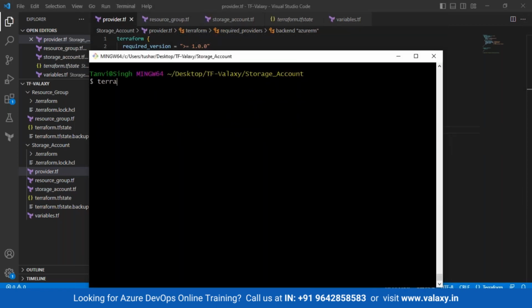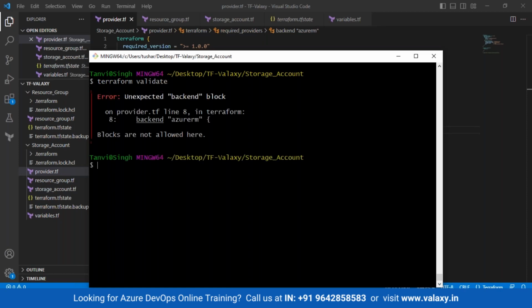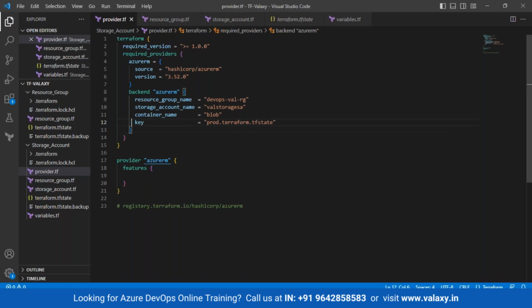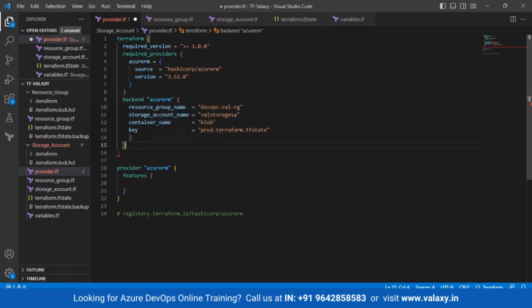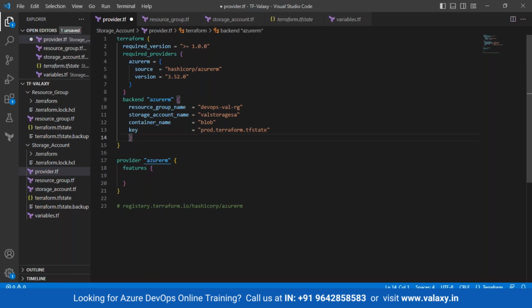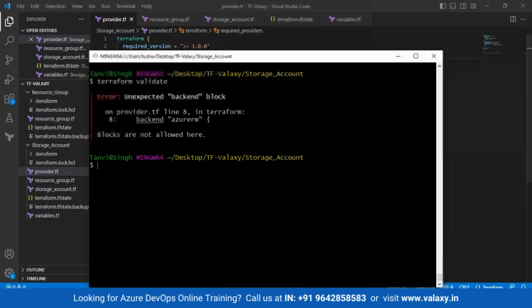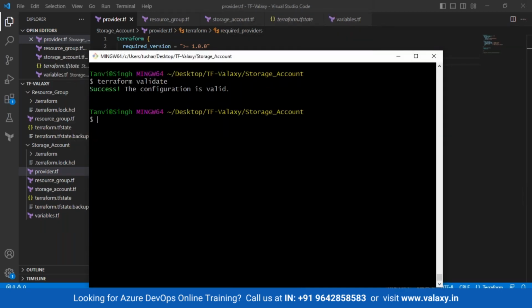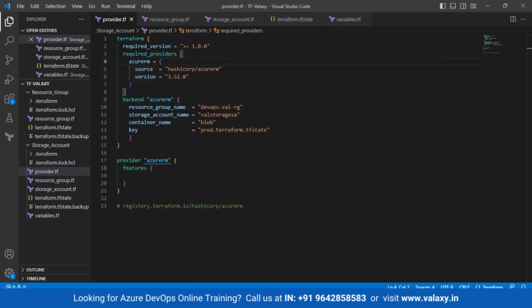Let's do a quick validation. Unexpected backend block. This should be over here. And are we at the right place? Okay. So it should be in the Terraform block. This is good. This should be on the required providers. Now this is looking good. Okay. So this is how this backend block also comes inside your Terraform block, wherein you will have your